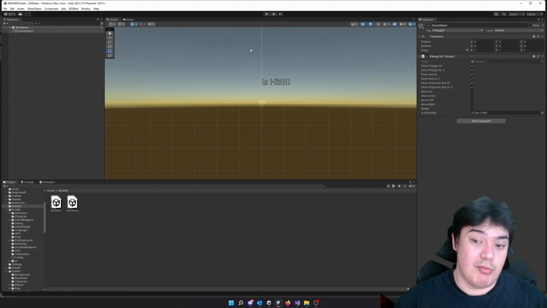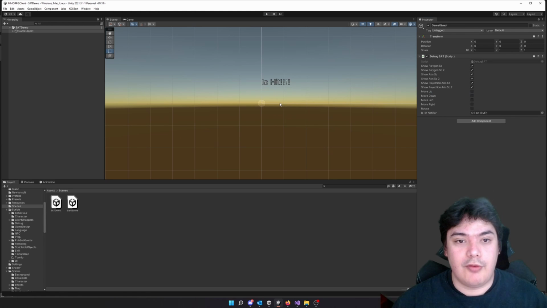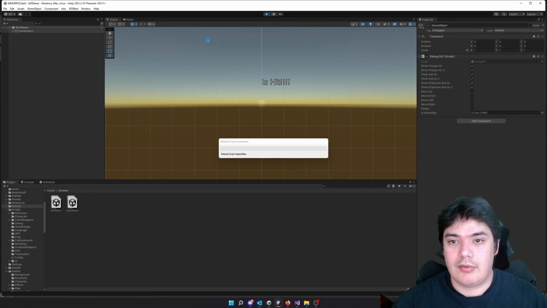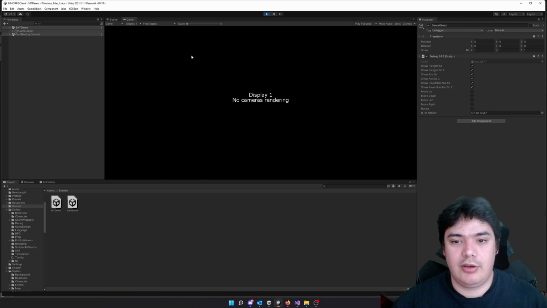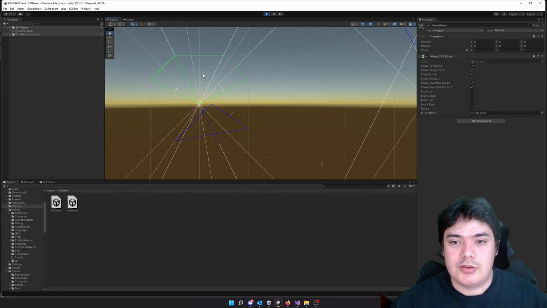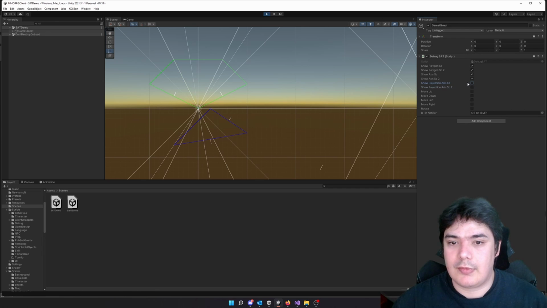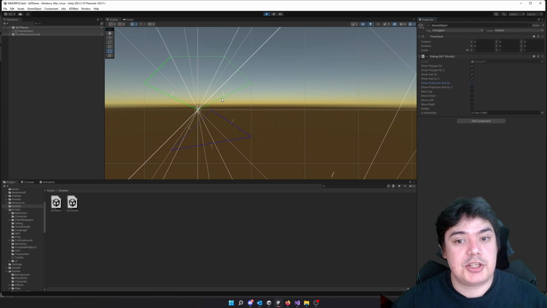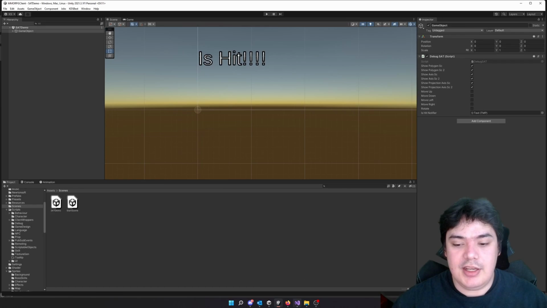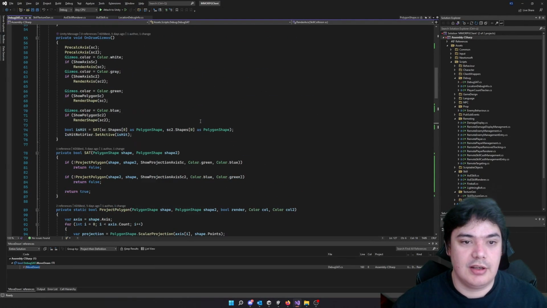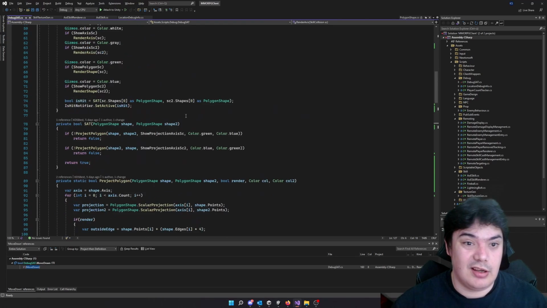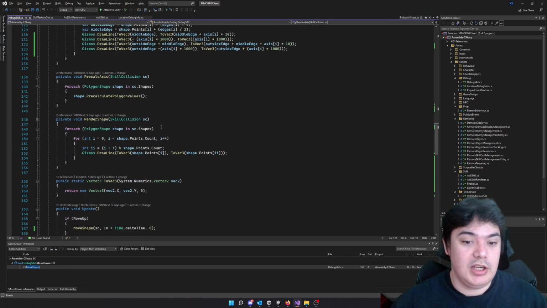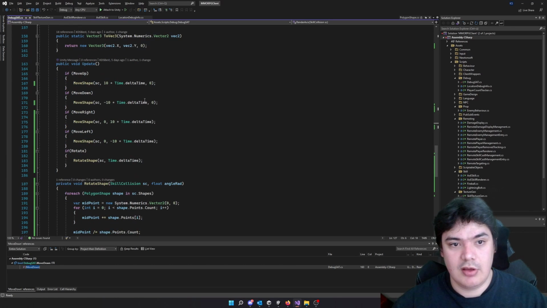So how does the mathematics behind that work? First of all, let me start it again so we see the polygons. First of all, to get an axis, or to get the 90-degree value of an edge, we basically rotate the edge 90 degrees and normalize the vector. And there's a neat thing in code which you can do when you need a counterclockwise 90-degree rotation. You don't need to calculate it with a rotation matrix. You just do